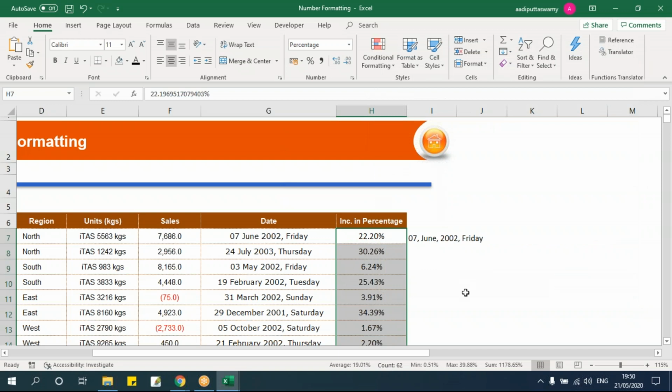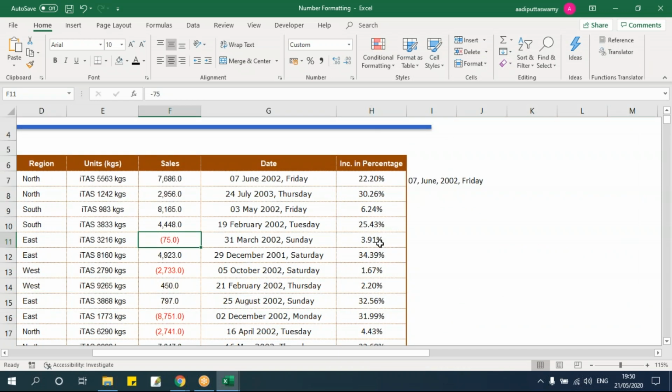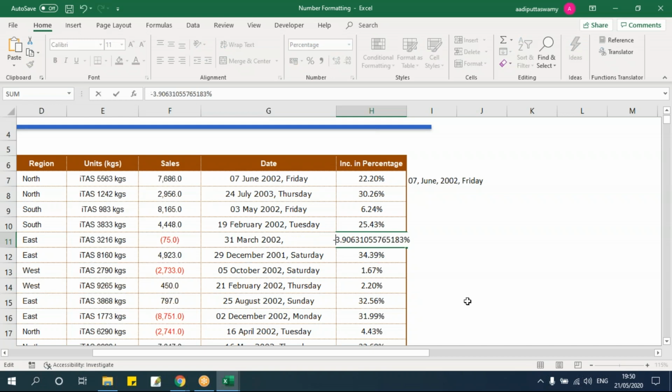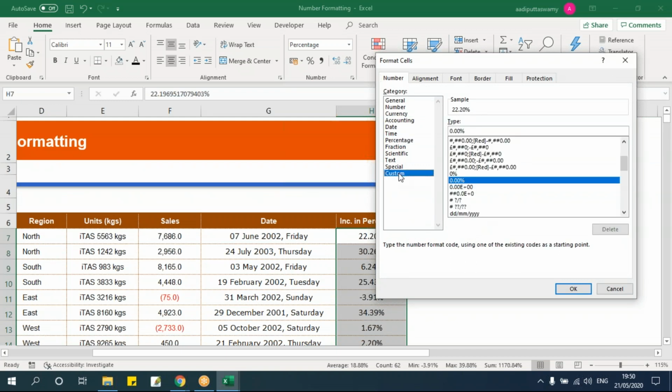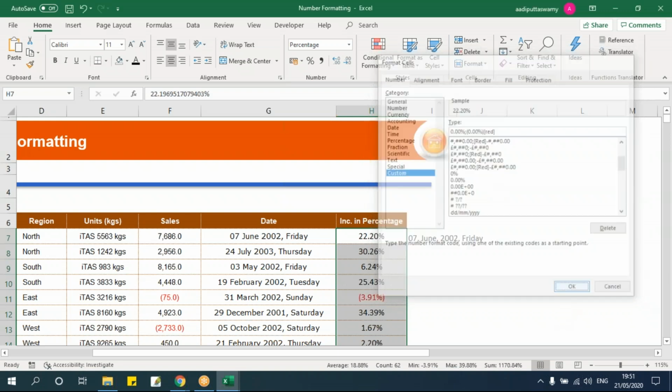Now what if I want a similar kind of red color with brackets if I have some minus percentage? Now if I specify minus, it is just giving me minus 3.91 percentage, but I want that to be in brackets. In that case, I'll go to custom, and as I mentioned, the first part is the positive number. I'll put one semicolon and then I'll put a bracket, the same format, close bracket. I want this to be red color, same option as I used there, say red, and say OK.